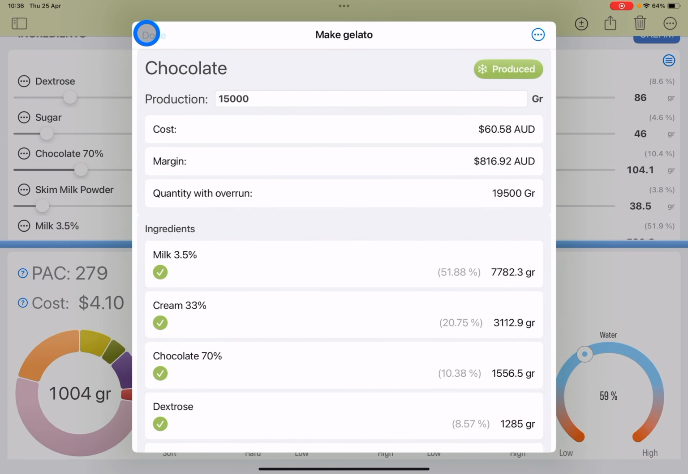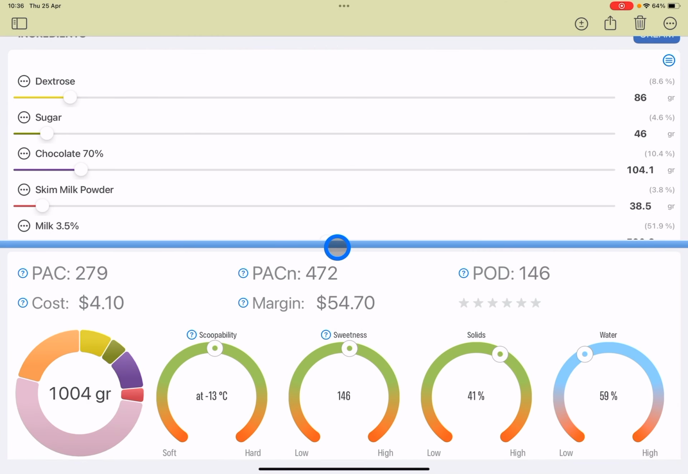All right, so we've covered the basics of the interface of Gelato Maestro. We will be covering more in the future on more advanced topics of the interface. So stay tuned,